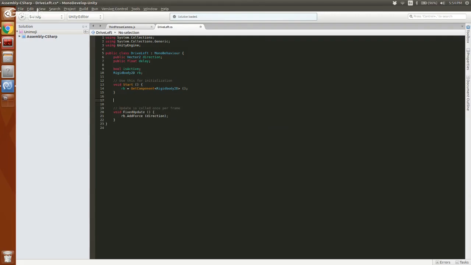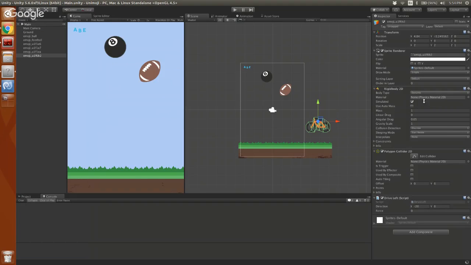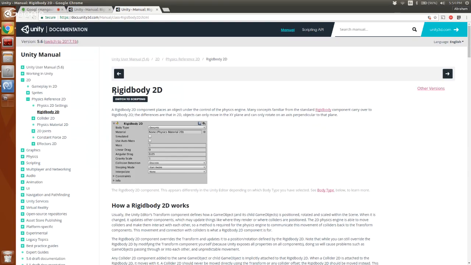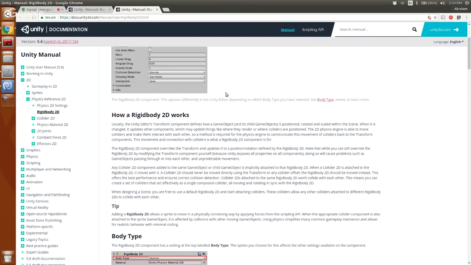That's one of the great things I forgot to mention. If there's anything confusing, as Sam has informed me, there's a keystroke to get info. For a Mac, it's Command and the single tick quote, the apostrophe mark. And for any other computer, I think it's Control. And then you can also look for these little icons here. So if I wanted to know more about Rigidbody 2D, I can click on this little book here, and it will pull up the Unity documentation for the Rigidbody 2D. And it'll explain how they work and all these things.